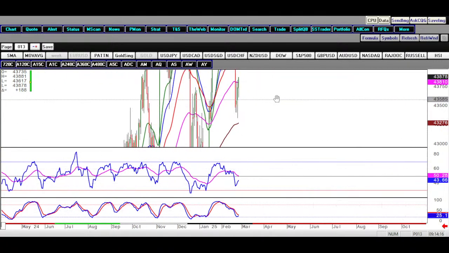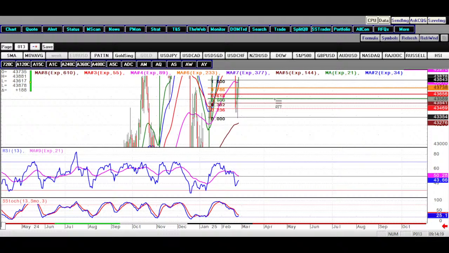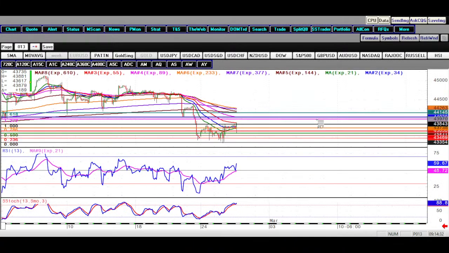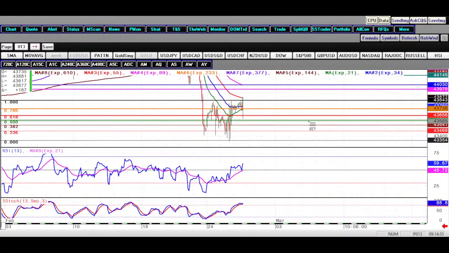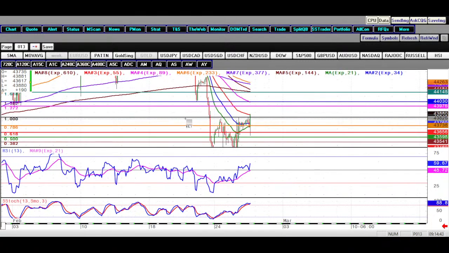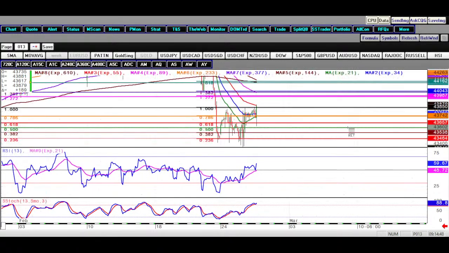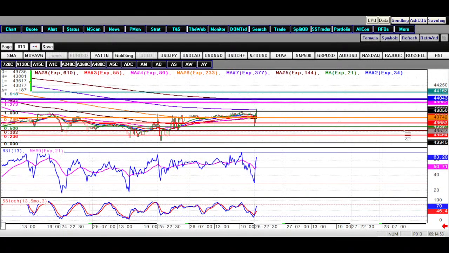44030. Okay, just give me a minute. 44030. This can be extending. Then on the hourly, it looks like the market has already seen the base, and this is expected to extend towards 44030. Then on the 15-minute